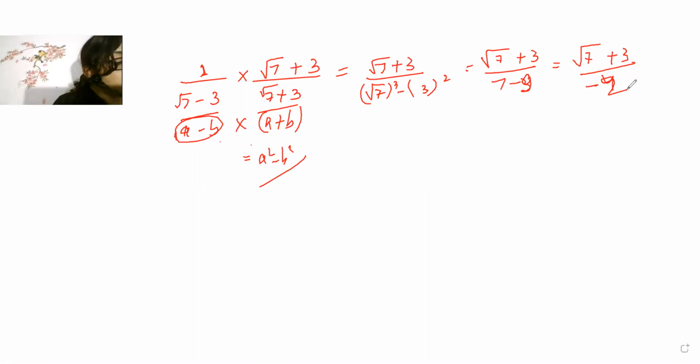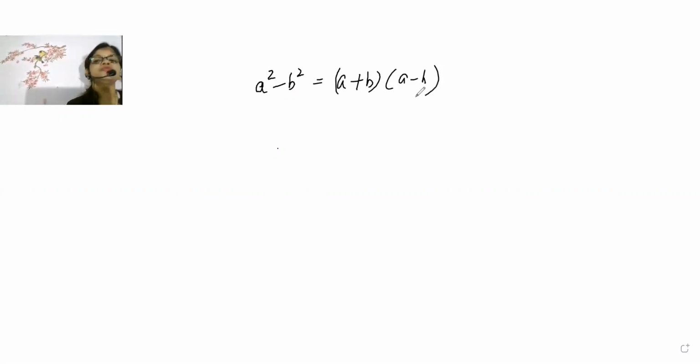Did you understand anything? Quickly tell me, then I will solve more questions. Tell me. Understood anything? No, ma'am. Okay, very good. Correct. If you are not understanding, directly say no, ma'am, not understood. You have to use an identity, beta. You have to use only one identity. Here you are going to use the identity a square minus b square. The a square minus b square formula is a plus b into a minus b. This is the most important identity you are going to use here. Okay, Vineet is telling he understood, Ashwin understood, Divya Shri understood.